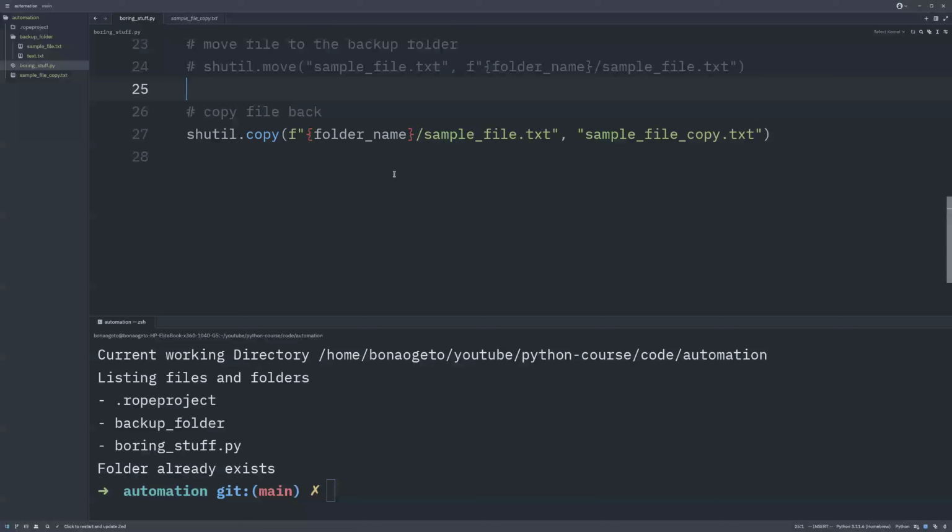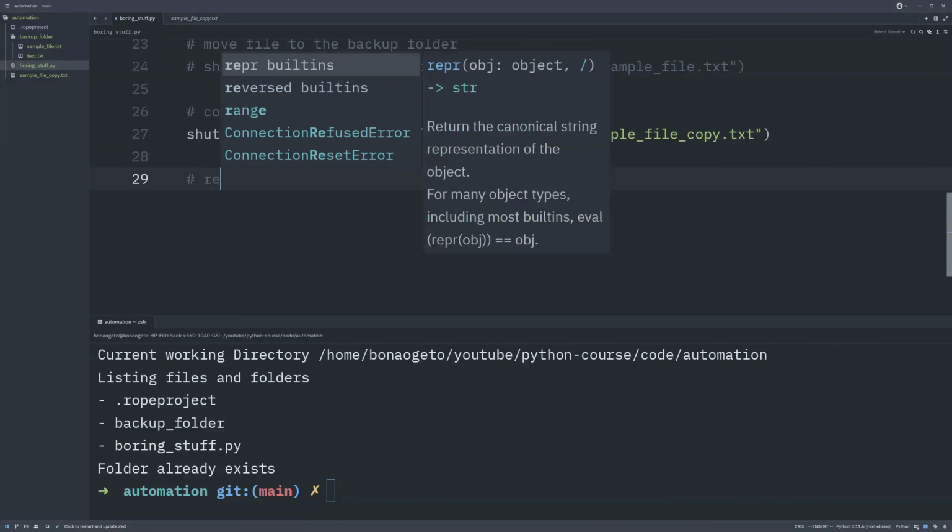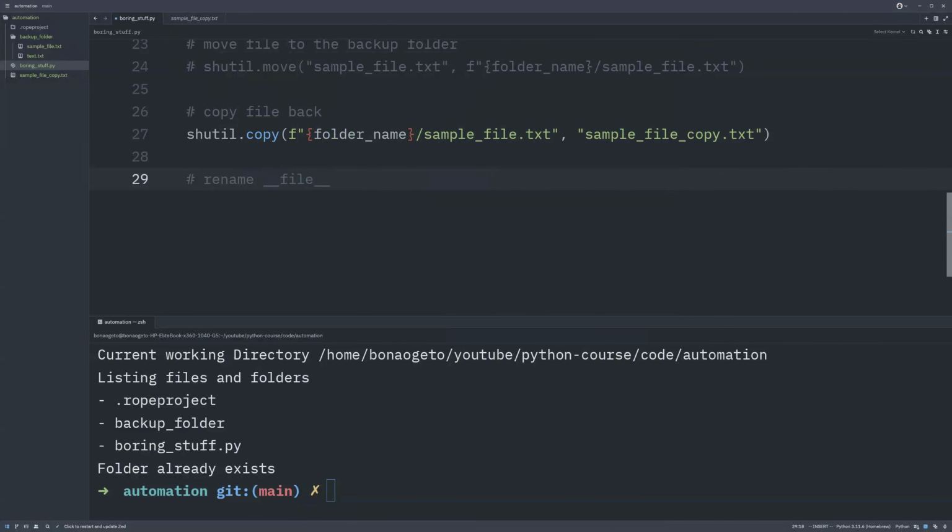So that is the operation right there. Then apart from copying the files, we can also rename files if you wanted to. So we're going to have rename file. So how you rename a file, let's say rename,